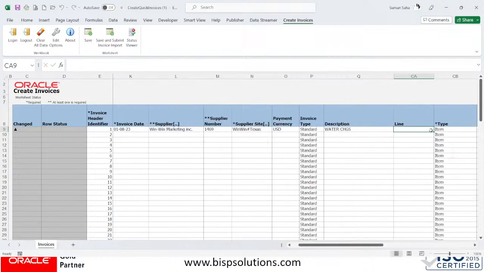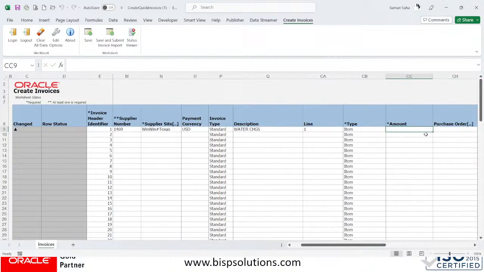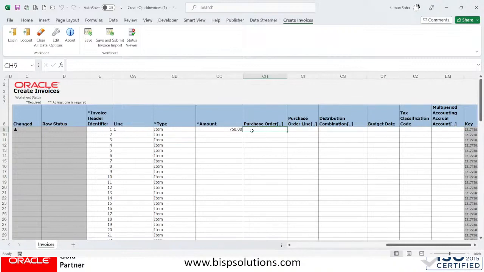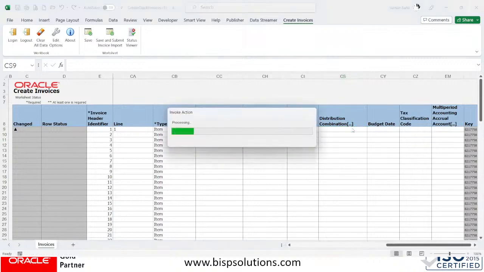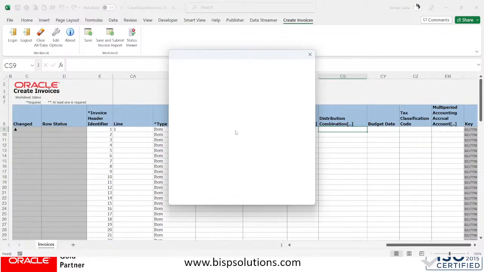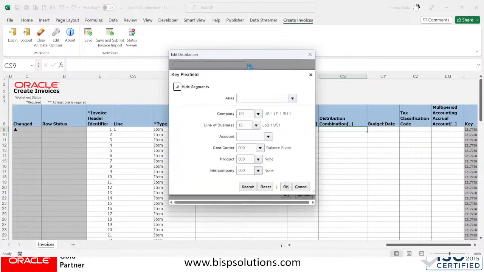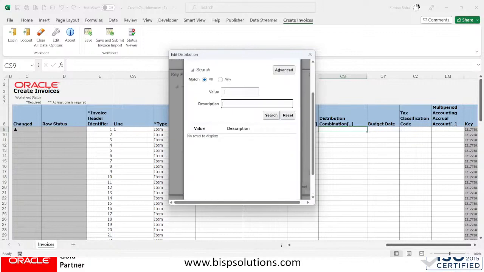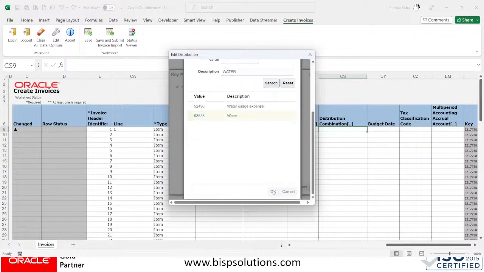charges. Line 1, item I am selecting, amount as $750. Right, so that is the $750. We had taken the invoice amount as $750, and the line type I have taken the $750, and distribution combination I will select that also. Out here I will select the water charges, search with that, water, say okay,